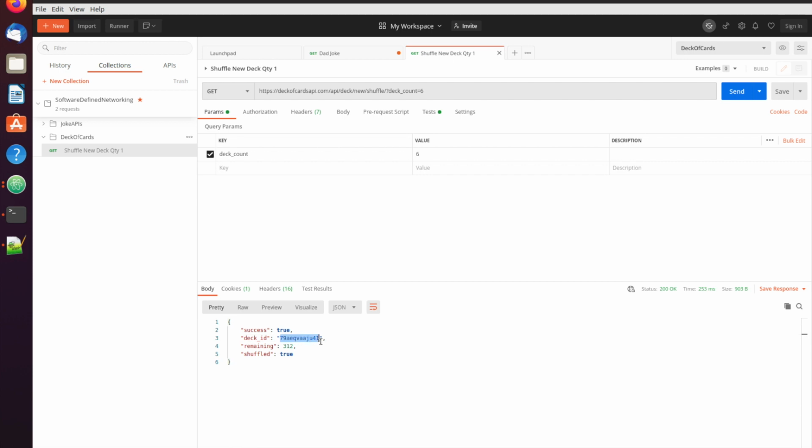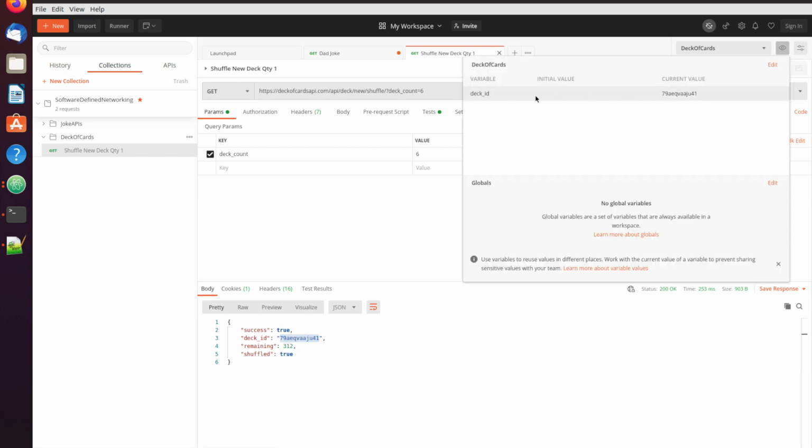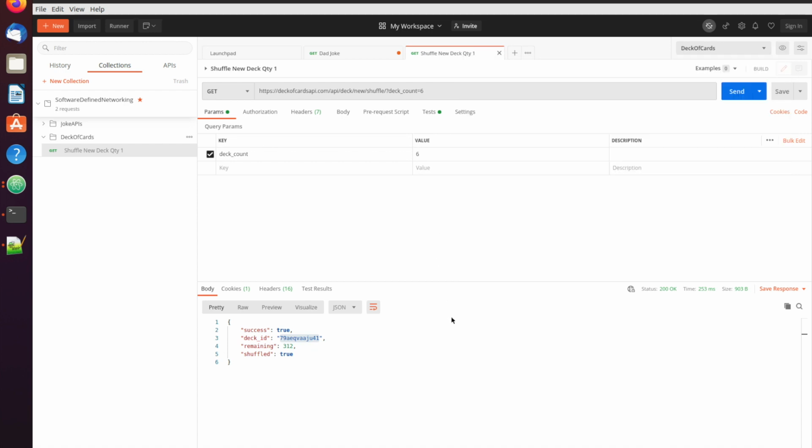Alright, so now I got a new deck ID. Let's see if it actually set it in my environment variable. And I can check by doing this quick look, and there it is. Deck ID initial value is none, but it assigned this 79AEQVA, my deck ID, right? So now we can use that on a follow-on request,